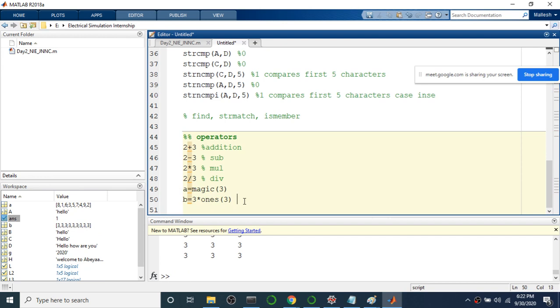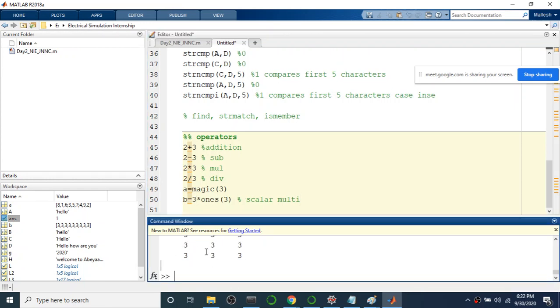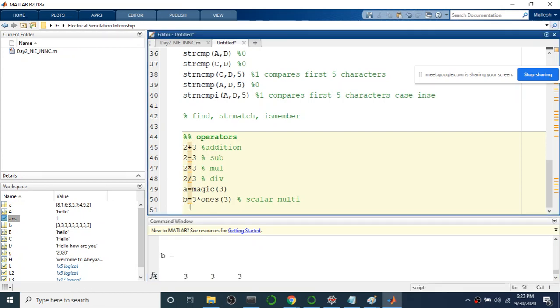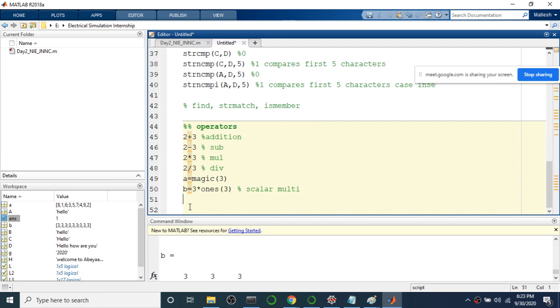So this is scalar multiplication. Here with a single value I'm multiplying, the resultant matrix will be 3 3 3, because ones of 3 will give us 1 1 1, and after multiplying with 3 I'll get this matrix, and this is your A matrix. So how to perform the matrix multiplication? This is A star B, this is matrix multiplication.